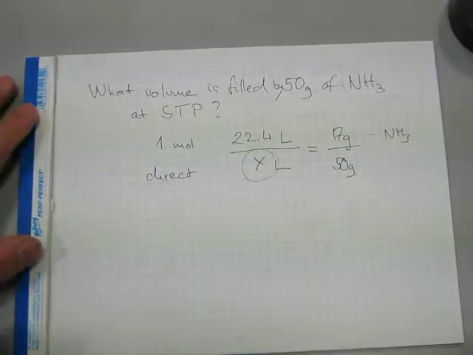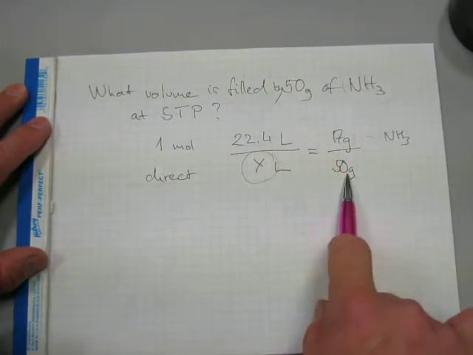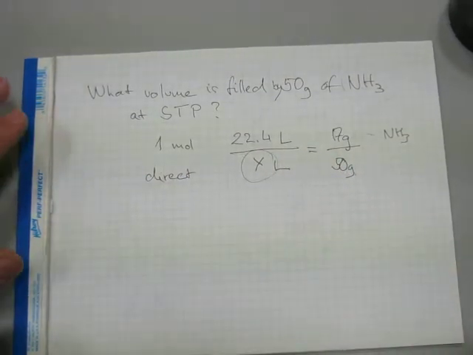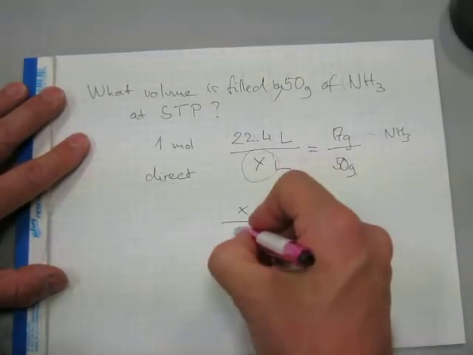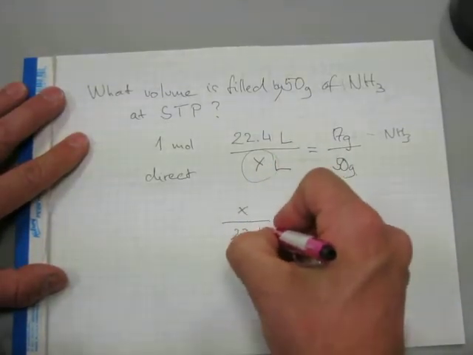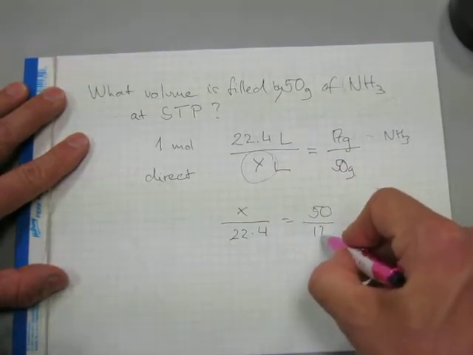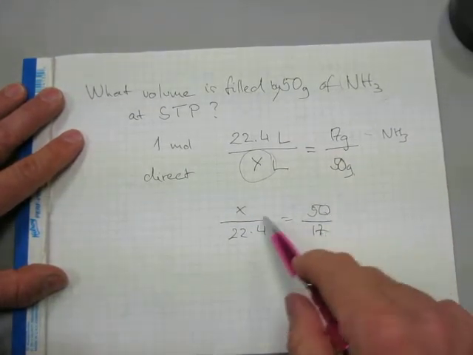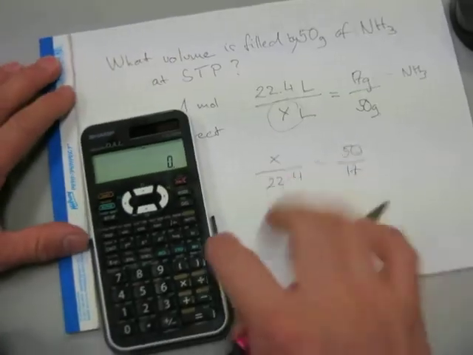So this one is written up correctly. Small mass, small volume, big mass, big volume. Alrighty, to calculate it, let's flip it. That looks like an obvious choice here. 50 divided by 17 times 22.4 will equal